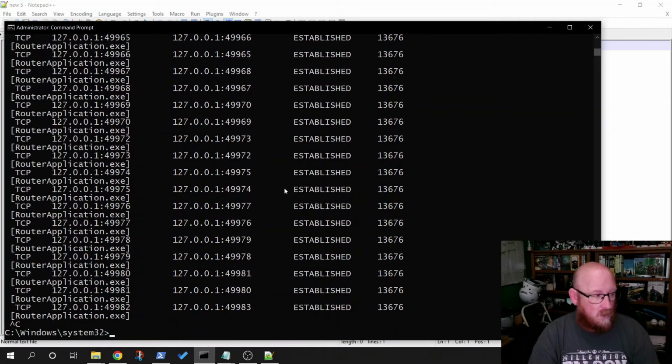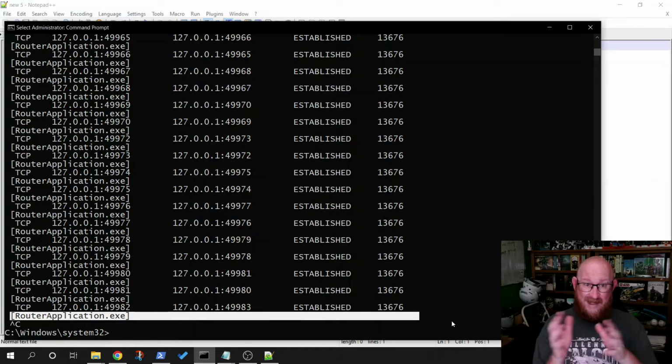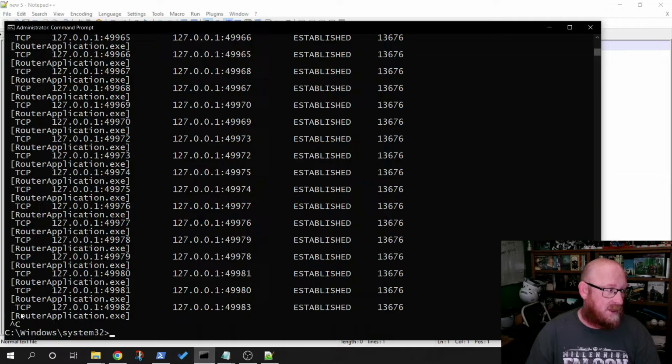Now it provides a whole lot of information, to include the information about the application that's running it. But you notice a problem with the way this is formatted. That line is actually on a separate line, so it's difficult for you to be able to pull that information. If I wanted to look up router application specifically and find out all of the different ports it's associated with,